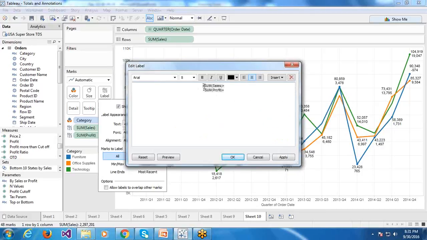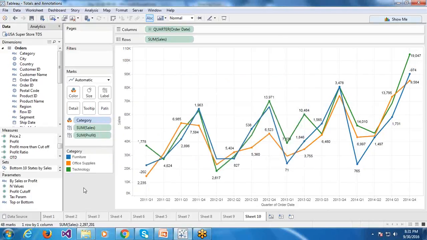If I want to remove one of them, I can remove one of them. I can remove sales, and I can just show profit. But the axis is for sales, but still I can use profit for labels. So how will the client understand that this is the label not for sales but for profit? That's all. Wherever it makes sense, you have to use it. And let's say I will remove this, and I will keep sales only.